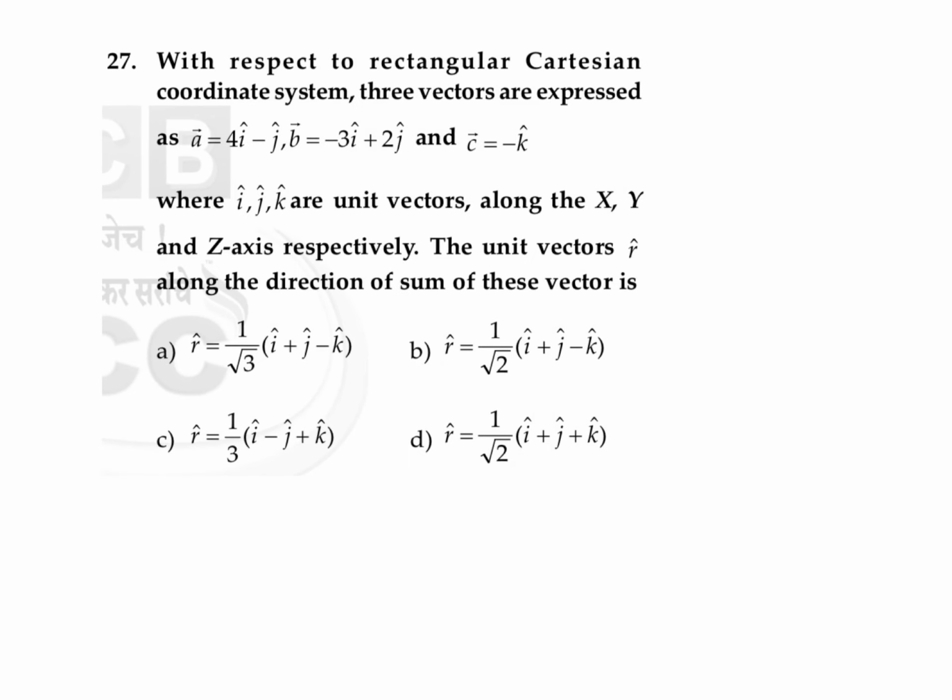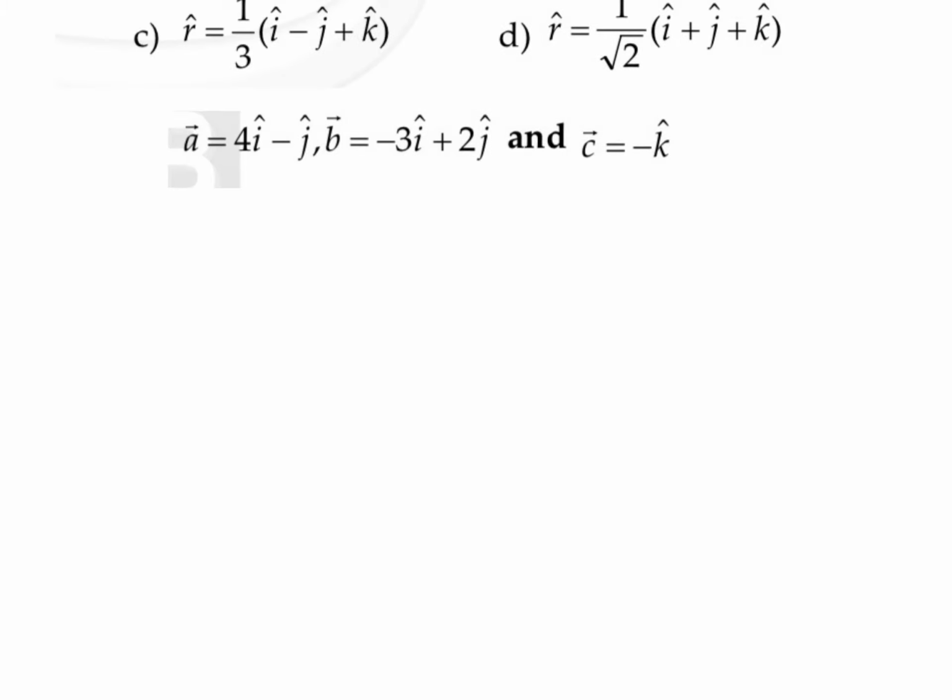So first we need to find the sum of these three vectors, meaning a vector plus b vector plus c vector. Then we can find their magnitude. So we are going to add this a vector, which is 4i minus j cap, plus our b vector, which is nothing but minus 3i cap plus 2j cap, and our c vector, which is nothing but